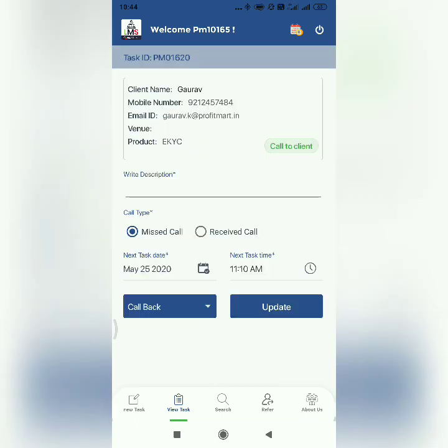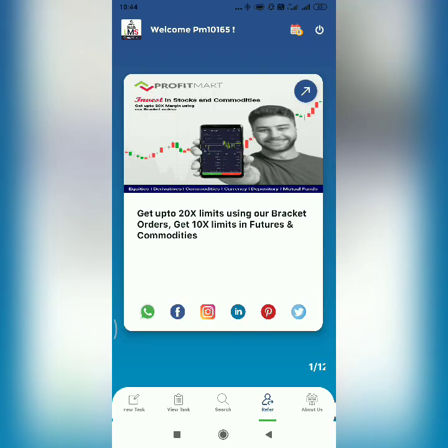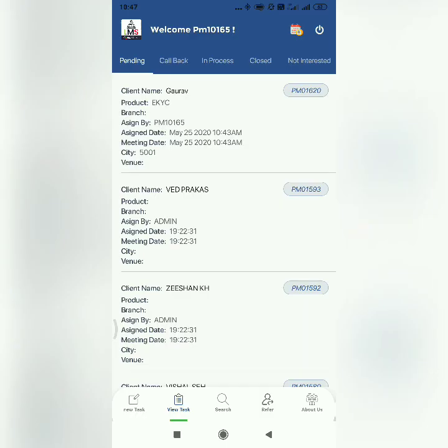So here is his lead. So you can see how we can capture the data of all the clients where we are sending the links. Whether it is WhatsApp, Facebook, or Insta, wherever you are sending these links, all those clients who are clicking onto these, all that data is captured on the view task option.